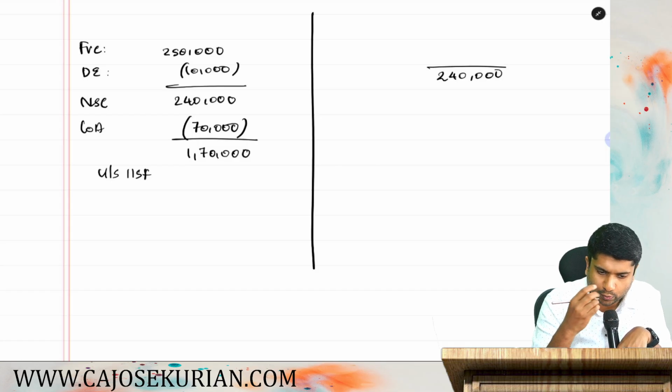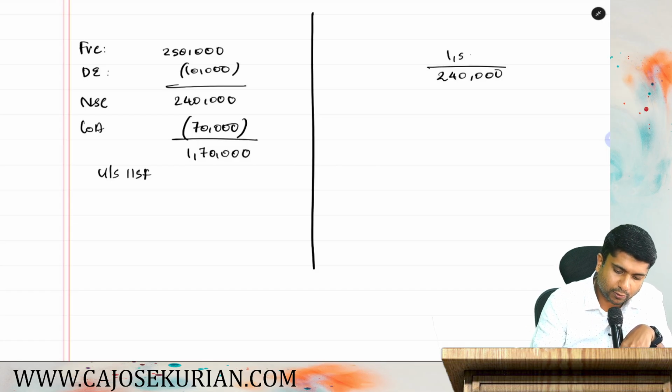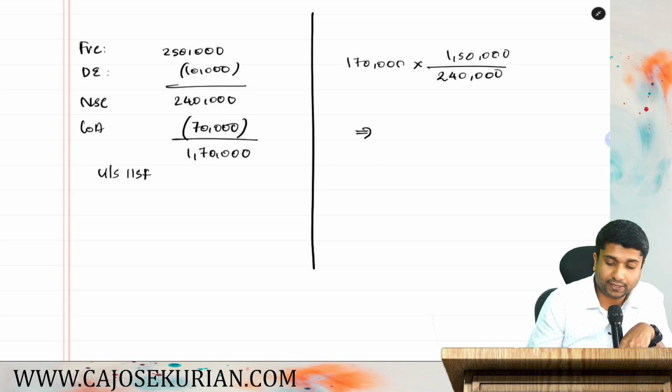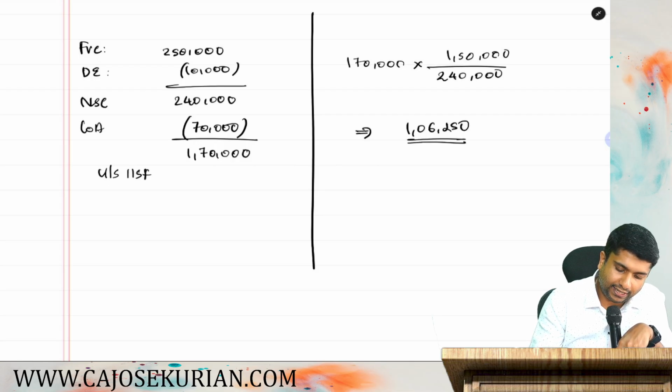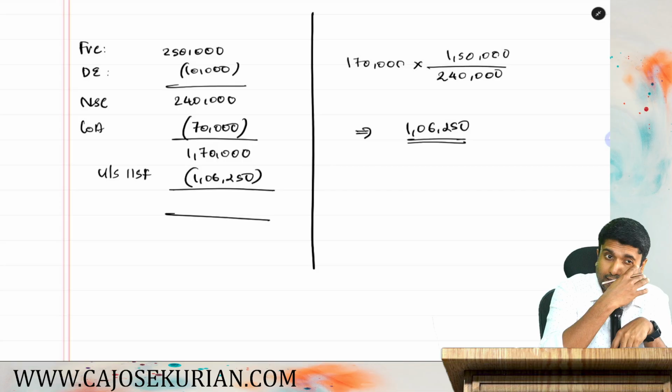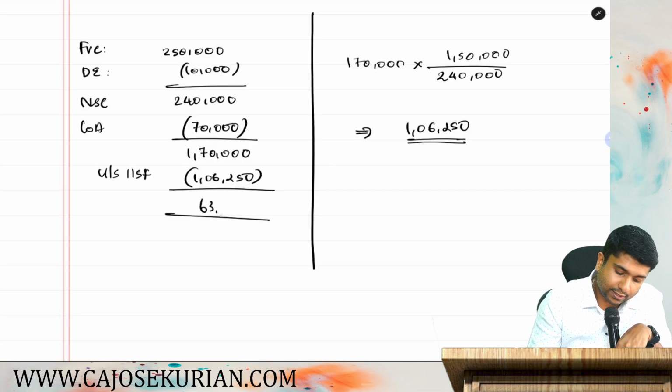What is the investment in new asset? 1,50,000 into long-term capital gain of 1,70,000. Can you tell me how much will be the exemption? 1,06,250 shall be the exemption. 1,06,250 you can claim as exemption. And how much will be the taxable long-term capital gain? 63,750 shall be the taxable